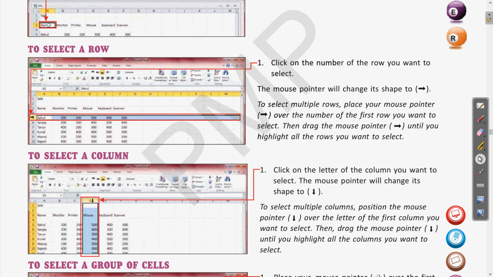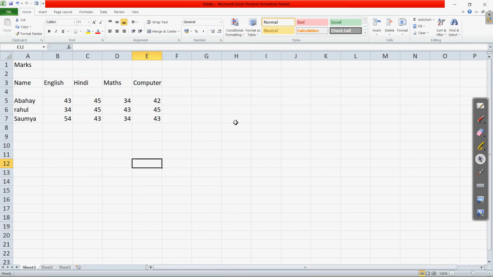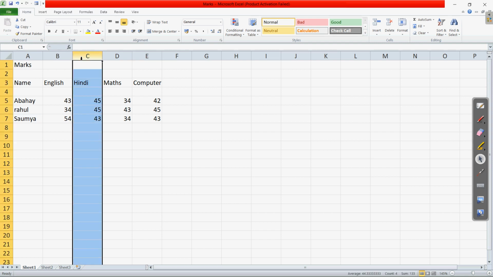So if I come to the Excel sheet where we were entering the data, here you can see these are the different rows and columns. Suppose I have to select column C. When I bring the mouse pointer over here, you can see that the mouse pointer has changed to a down arrow button. When I click on this, you can see the whole column is selected.